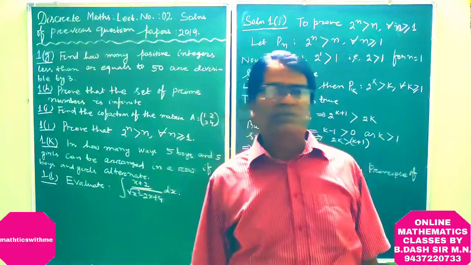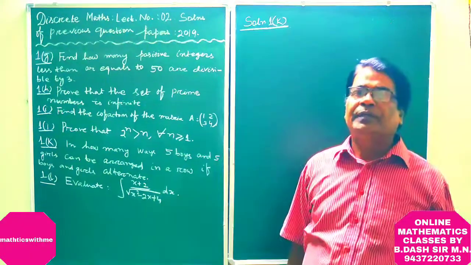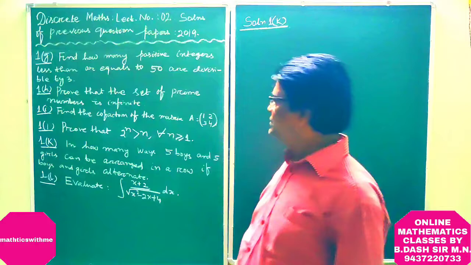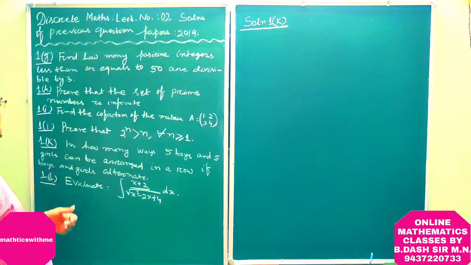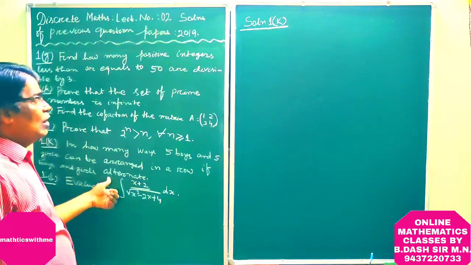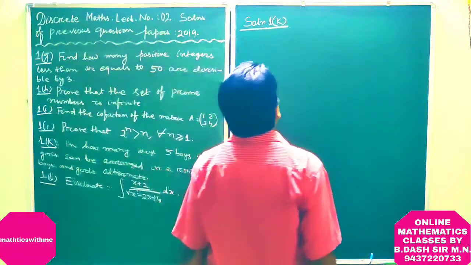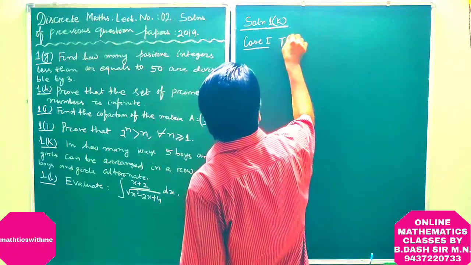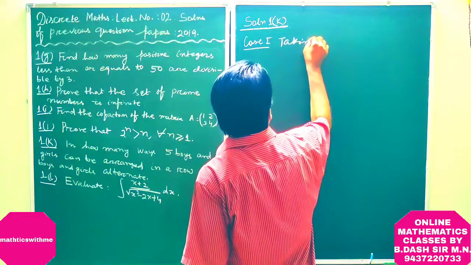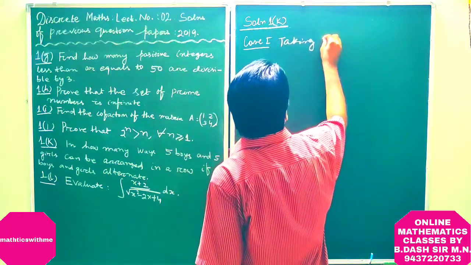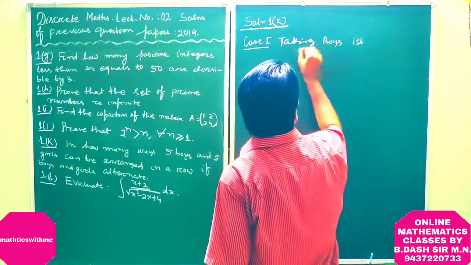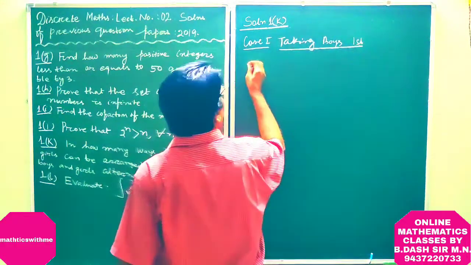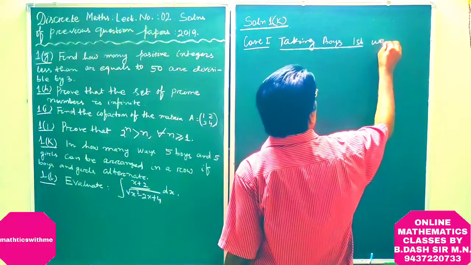Let us proceed to solve the next question. Our next question is 1k. In how many ways can 5 boys and 5 girls be arranged in a row if boys and girls alternate? So case 1, taking boys first, we have